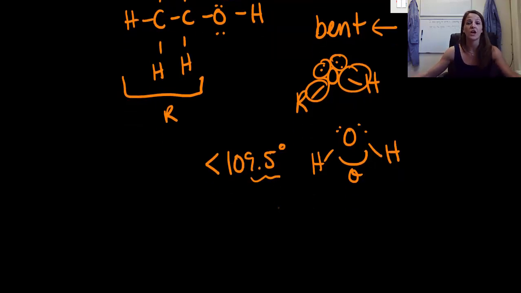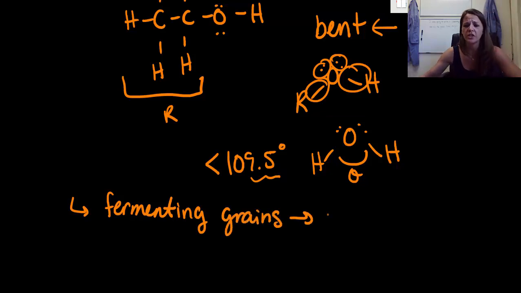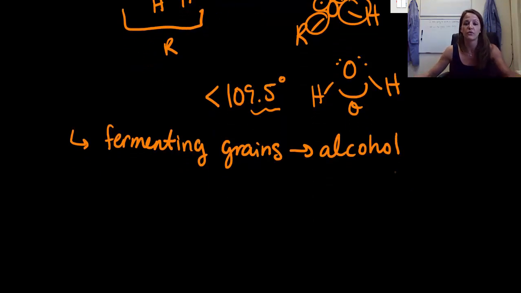All right, so let's move on and talk about how we actually create ethanol and use it as a biofuel. So we know right now that the main way we're creating ethanol is by fermenting our crops, or our grains might be a better way of saying that, and we are able to convert them into the alcohol. Now, ethanol is just an alcohol version that has 2 carbons, eth meaning 2. So what we do is we ferment these grains and we convert it into alcohol. Our biggest way we're doing this right now in the US is we're taking corn, or the sugars and starches of corn, and converting that into ethanol. It's a long, complicated procedure, and you can do it in a number of different ways.